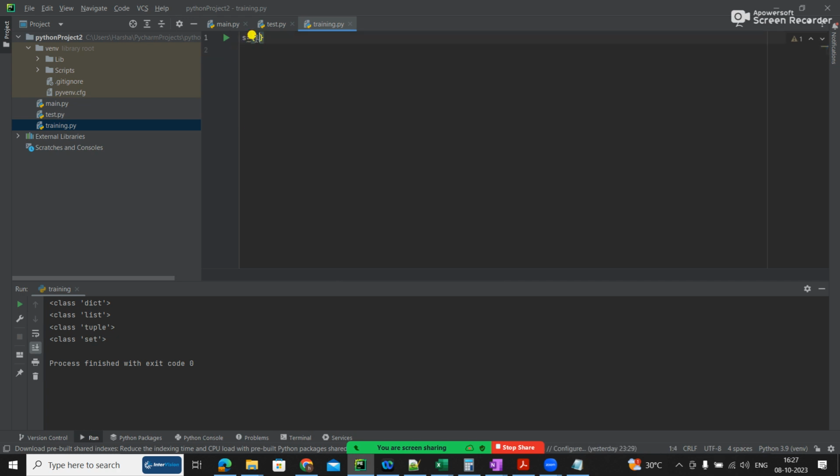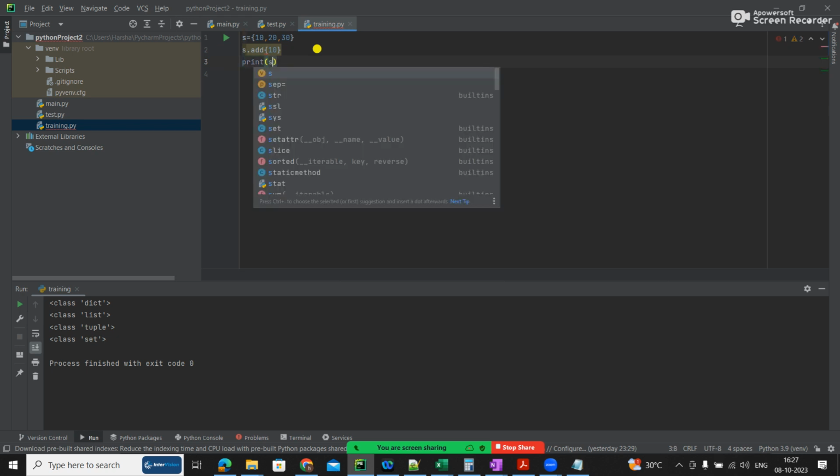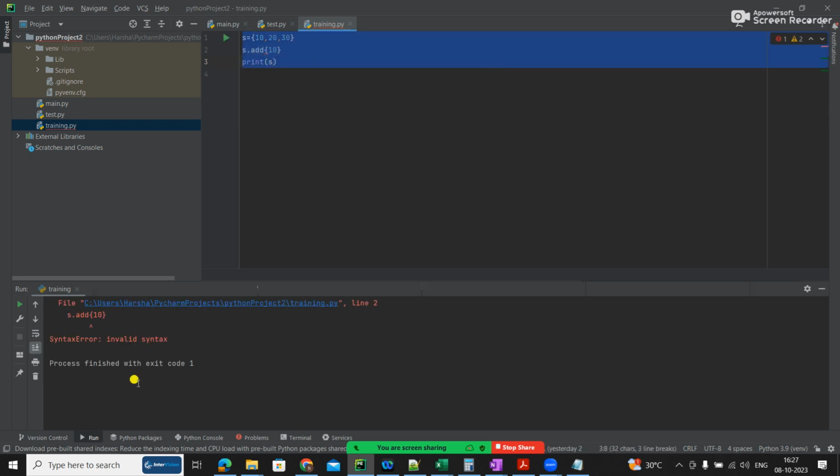If I give 10, 20, 30, and then s.add of 10, print of s. So sets should not allow duplicates.